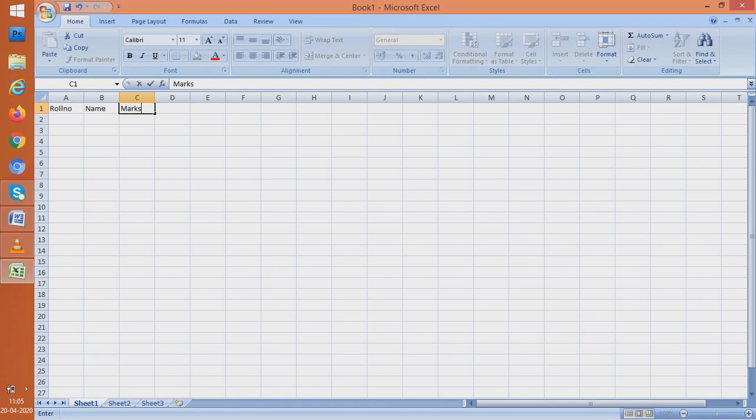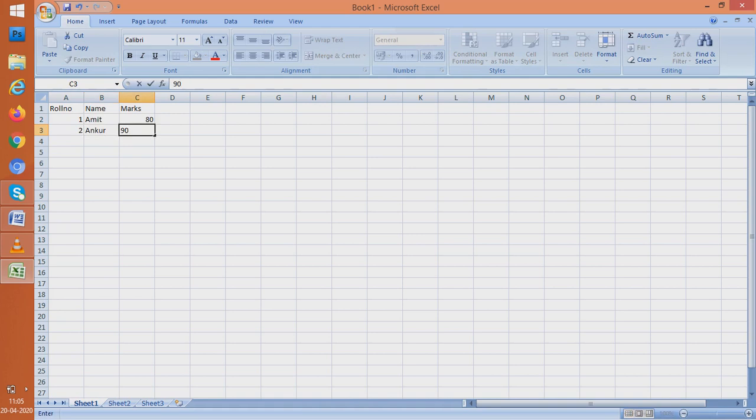Let the roll number be 1, Amit be the name, then marks be say 80. Let us write one more. So this is a given example. So I write Amit, then I write Ankur.